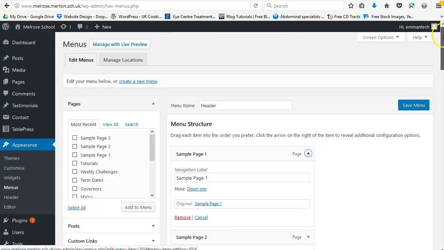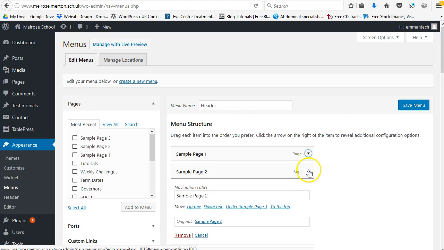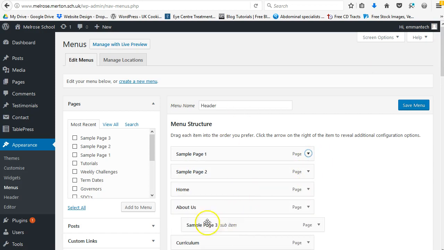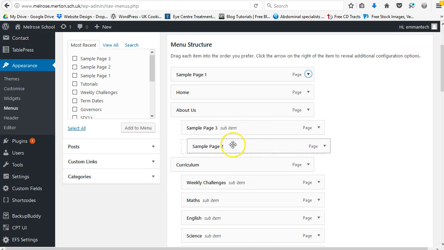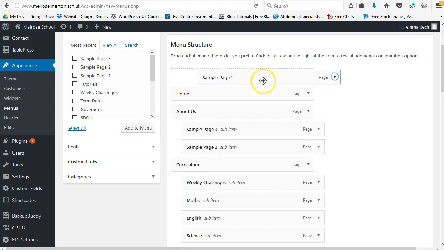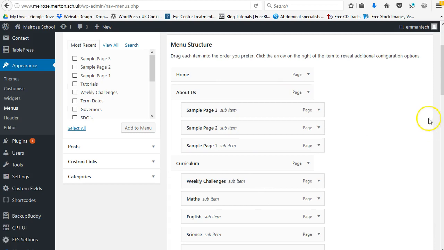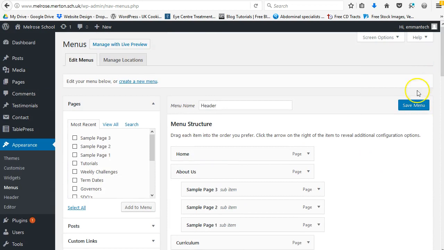So now I've got all my 3 pages: sample page 1, sample page 2 and sample page 3. So now I need to organize it. 2, I would like it to go under here, and 1, I'd like it to go under here. So this is actually the ordering I'm looking at here, but it may not necessarily be the way it will be represented. Okay, so once I save it first,